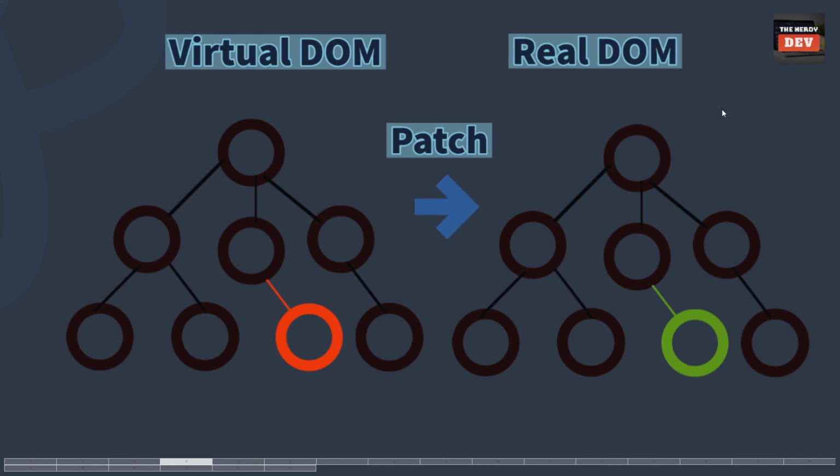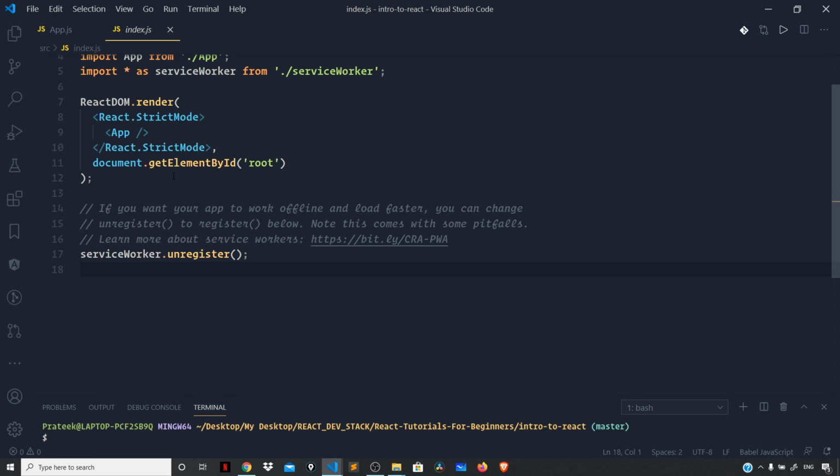So finally, let's go back to the render method that we saw in the index.js file right here. As I told you in the previous videos, React DOM has this render method to render the app component onto the real DOM. What React does under the hood is it keeps two clones of the DOM, the old virtual one and the re-rendered one, and the re-rendered one gets rendered when the render method is called.